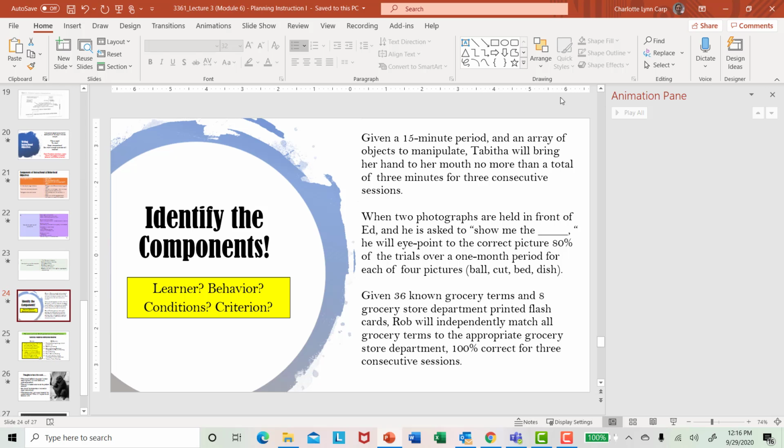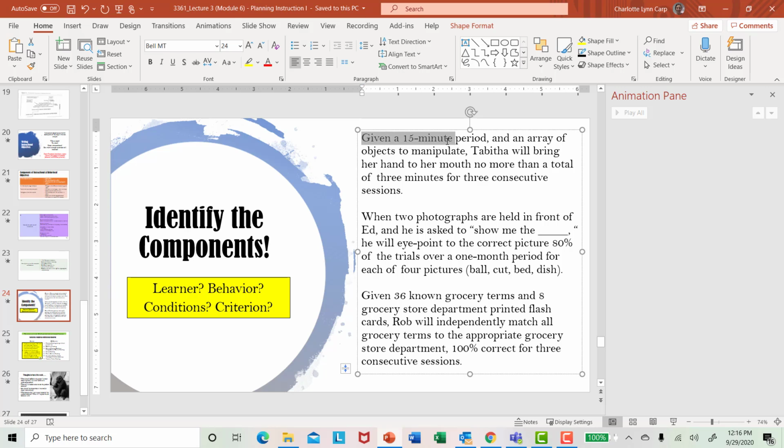I'm actually going to do this part so I can write on it. Okay, so first, like I said, typically the conditions are listed at the beginning. So these are the conditions: given a 15-minute period and an array of objects to manipulate. These are the conditions under which the intervention is to occur. Tabitha, this is our learner, will bring her hand to her mouth no more than a total. So now we're looking for our behavior. Our behavior is will bring her hand to her mouth